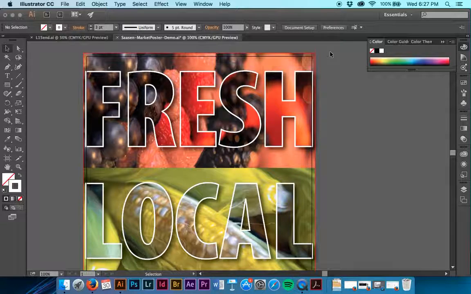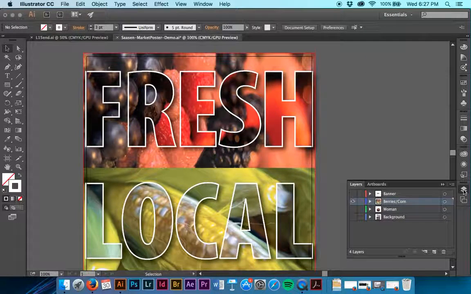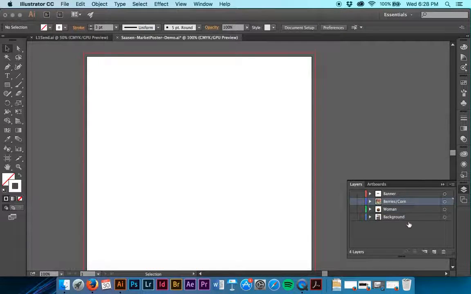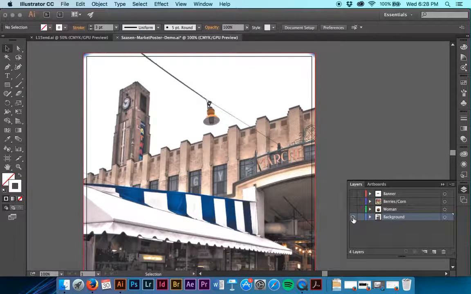So we're going to create an opacity mask. An opacity mask is different than a clipping mask, because it allows us to not only mask an object, but alter the transparency of the artwork. The opacity mask is made and edited using the transparency panel. So we're going to open up the layers panel, and we're going to hide the berries and work on the background. So we're working on the background layer,